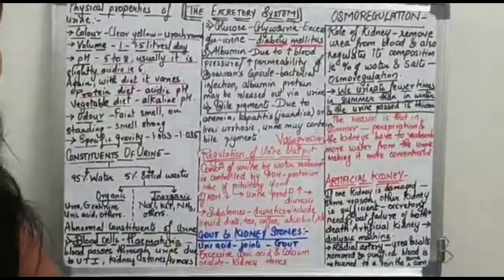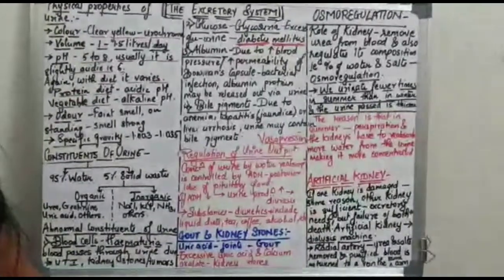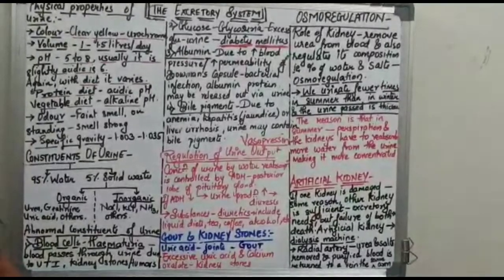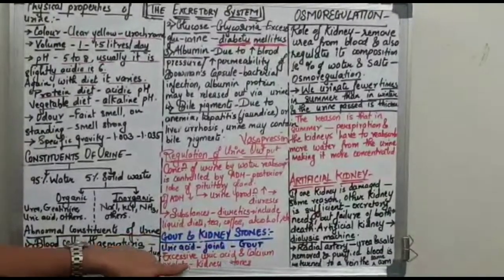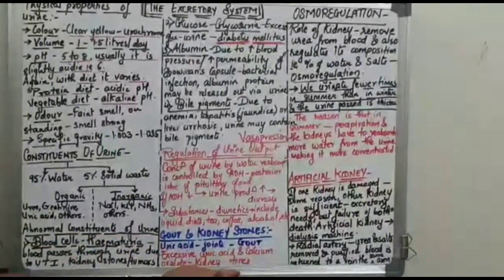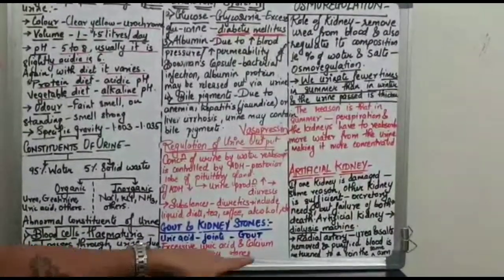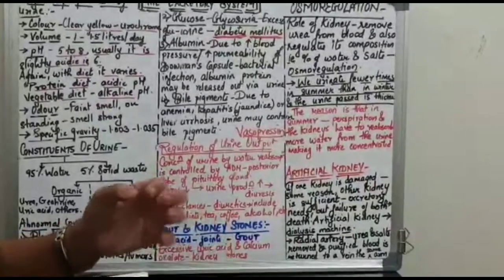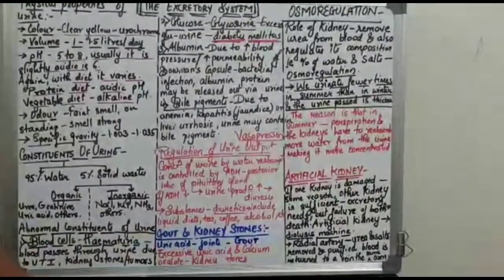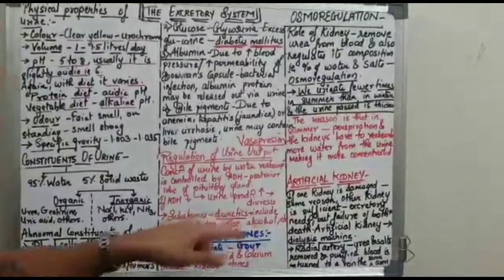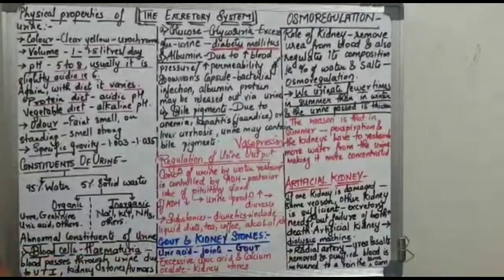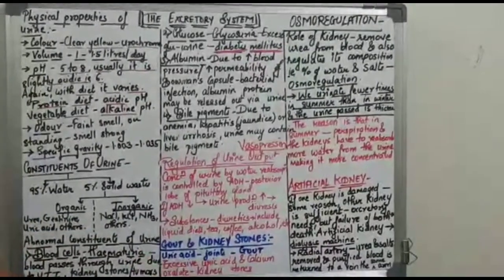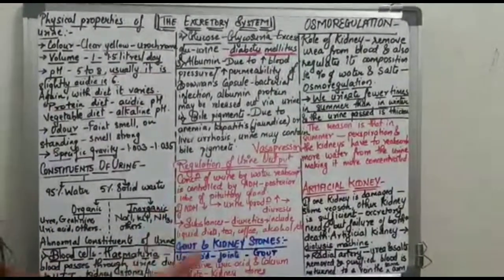Not only that, when excessive uric acid is produced in our body, which happens with overconsumption of non-veg, that is meat mainly, and it gets deposited along with calcium oxalate crystals, what happens to them? They start forming small stones and get deposited in our kidney, resulting in the formation of kidney stones. So these are the two conditions which can arise in people due to the excessive deposition of these toxic products in our body.